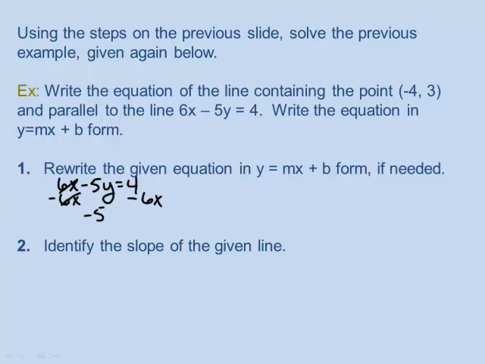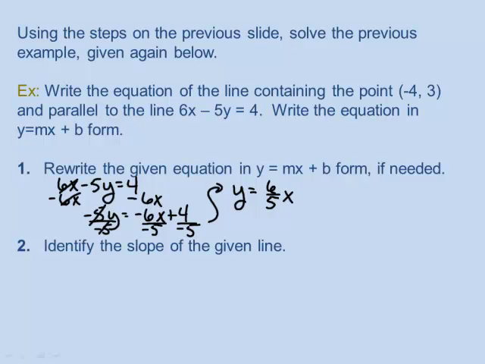That's going to give us negative 5y is equal to minus 6x plus 4. Now we want the y by itself, so we need to divide each and every term by negative 5. And that will cancel out, of course, on our left-hand side. And clean it up. We now have y is equal to negative 6 divided by negative 5, which is a positive 6/5